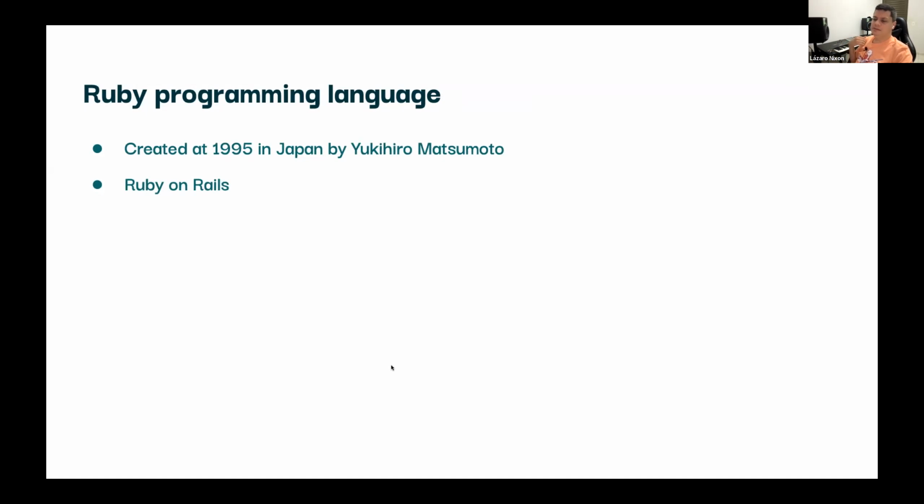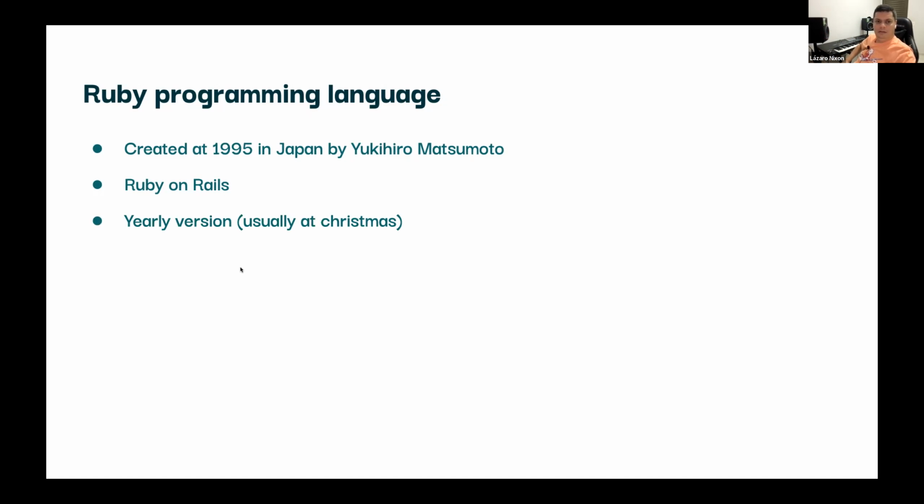So for me, it's a kind of advantage because you have a language that mostly exists to improve a framework. So I think it's an advantage. So most people who know Ruby nowadays use it to program with Rails.